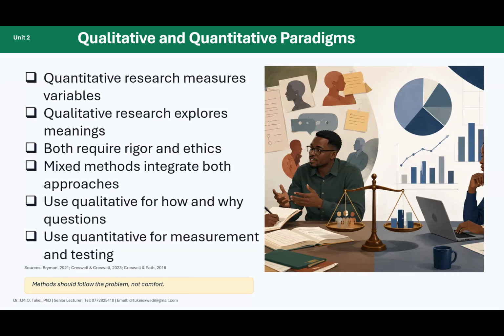So, colleagues, the key message here is quantitative research measures patterns. Very important. Qualitative research explains the meaning. Mixed methods intentionally connects both. That's what you ought to understand, and you ought to understand this and get it pretty well. This is very key, colleagues, and we ought to understand this and make sure we follow what we get in the class. If you don't, then sometimes you might have issues, and ideally at the end of the day, you will begin saying, I think that man has issues with me.